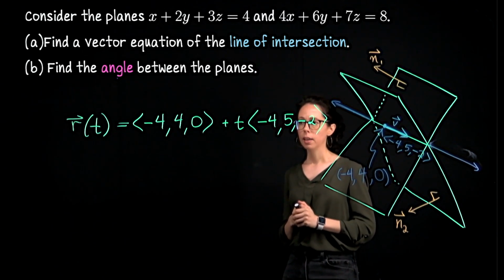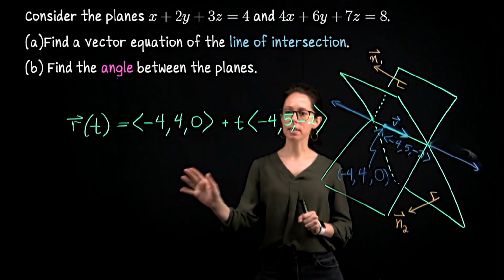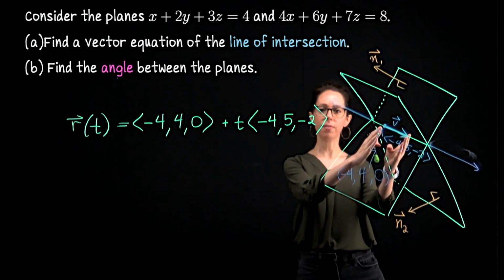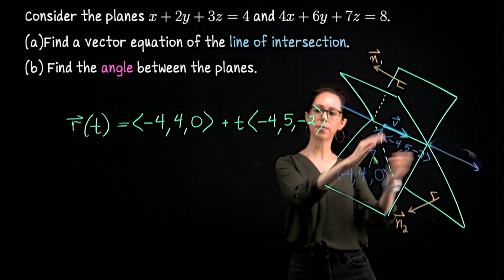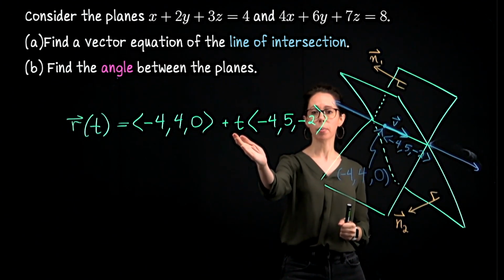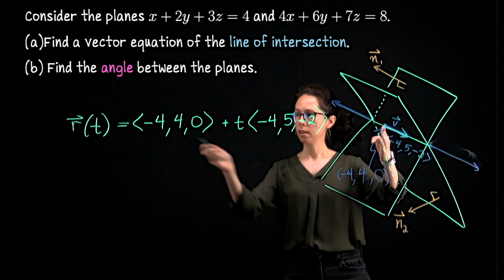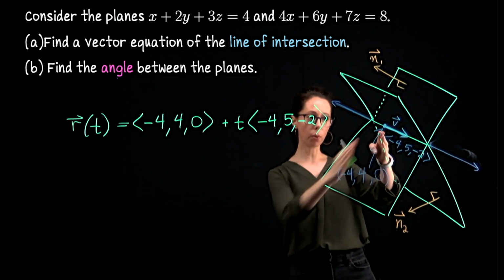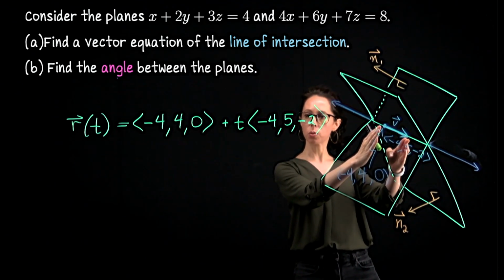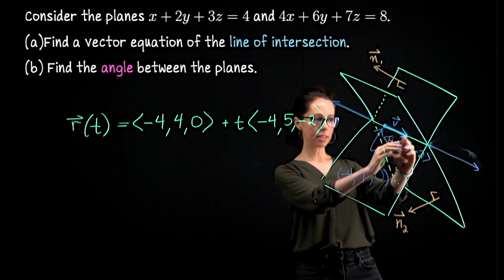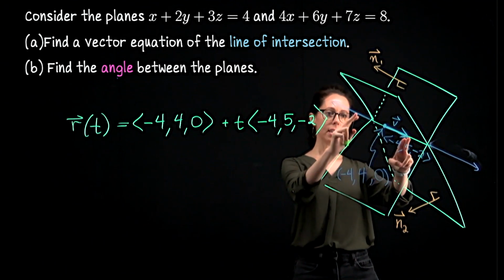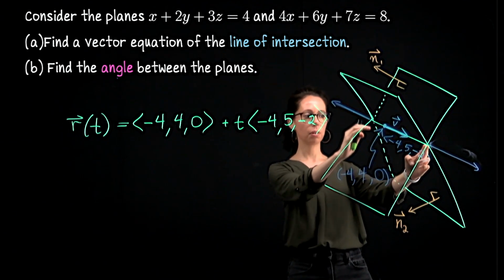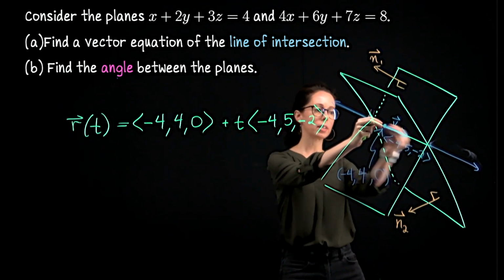Okay. The other remark I make before I write down a coordinate description for this line is that the process I talked about, where I said that v works for the line, but also so would negative v, so would twice v, that's like choosing different values for this parameter t. So let's say the origin is down here and the coordinates are negative 4, 4, 0. This position vector points us to that point, and then we add to it t equals 1 times our direction vector v, and that sends us here on the line. If I wanted to get here, it could be like that plus negative 1 times v. If I wanted to get here, it would be that plus twice v. So this t is what sends us along the line.